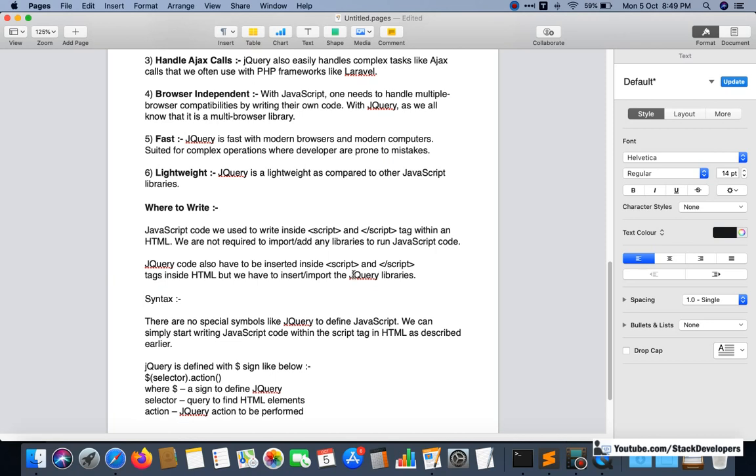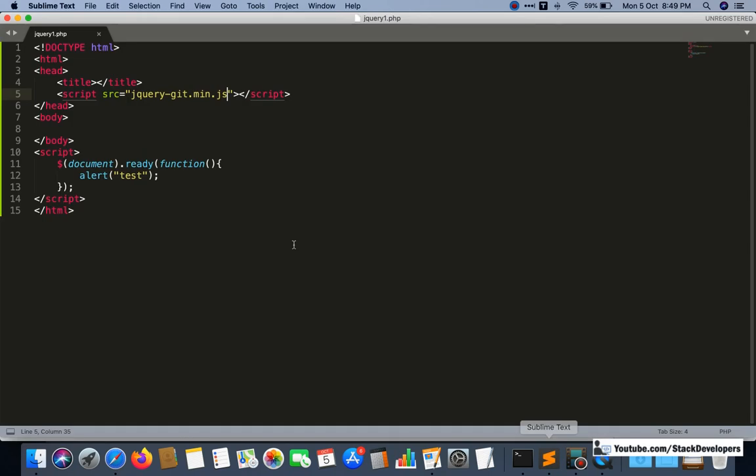So, writing JavaScript versus jQuery, what is the difference? See, in JavaScript we no need to add the jQuery script, and no need to write this document ready function. You can write the JavaScript directly.